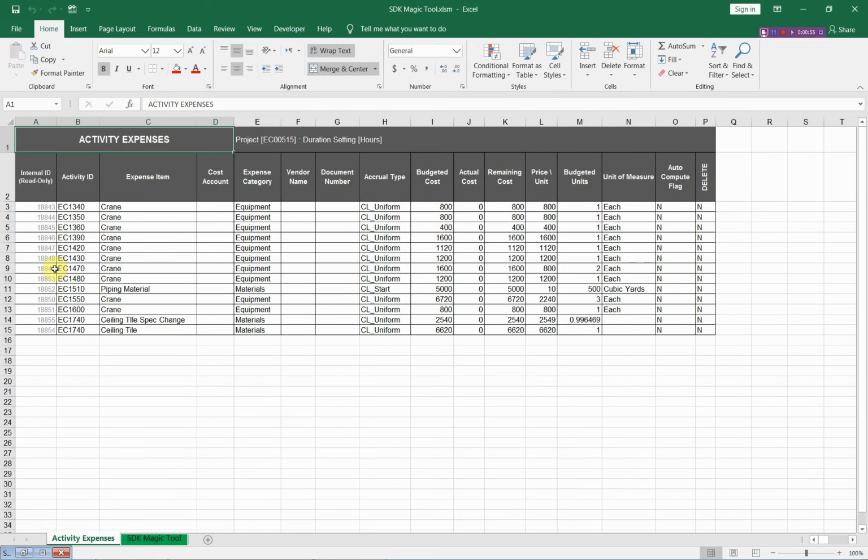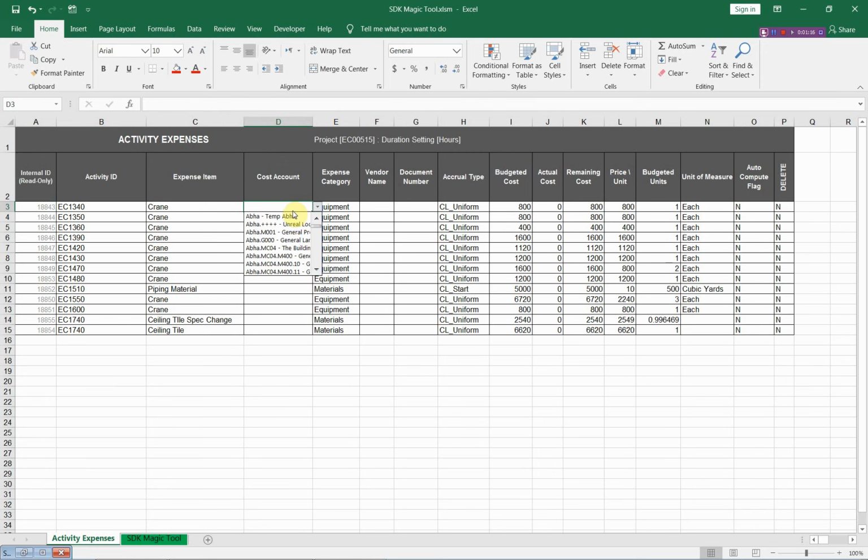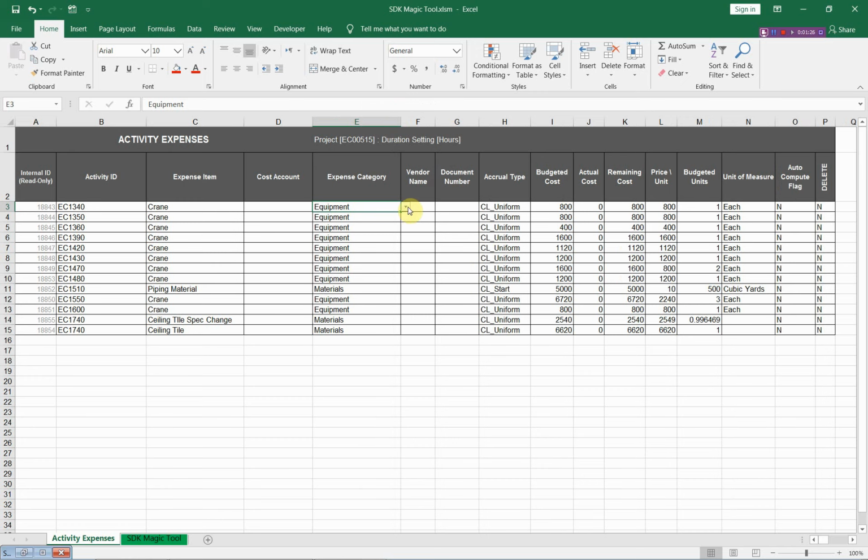and the SDK Magic Tool has prepared this table in order to fill in its values and export these expenses to Primavera. In this column you will find a list containing all of the activities in this project, and in this column you will find a list of all cost accounts in this database. You can assign any of them to your expenses, and for the expense categories you will find this drop list containing all of the expense categories,